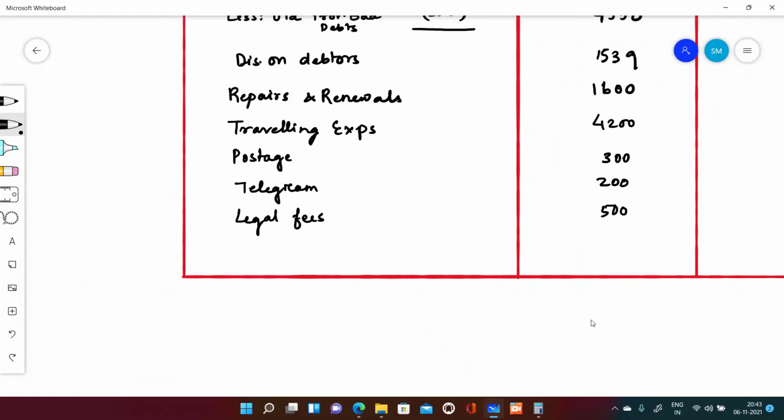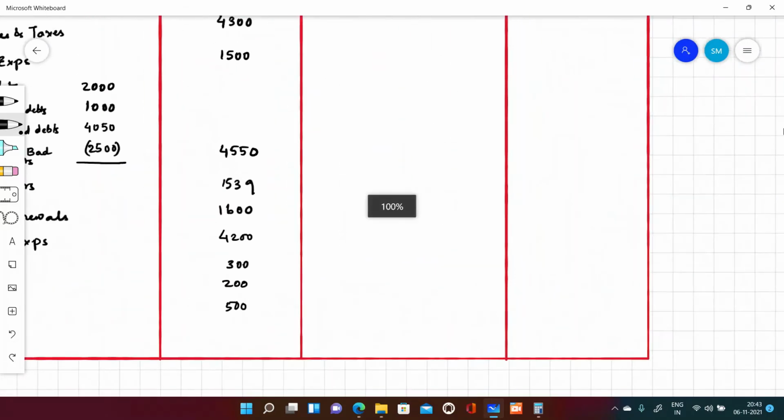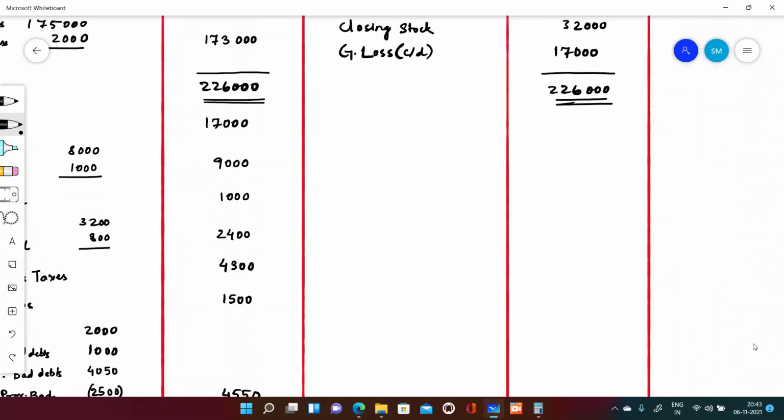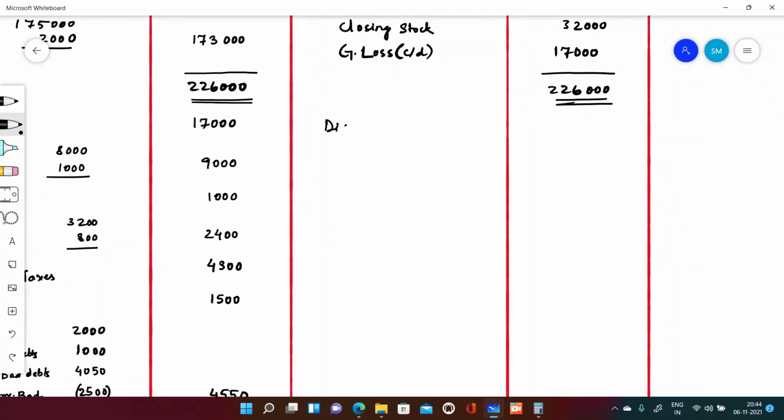So come to the credit side, what information they have given. So sales, purchase returns, discount received. So discount received is your income. So discount received, that is your 500. Then your capital, it will go under liability. Commission received, bills payable, it will go under your liability. And we have commission received. So remember, we have marked commission received for adjustment. So how much commission it is showing?